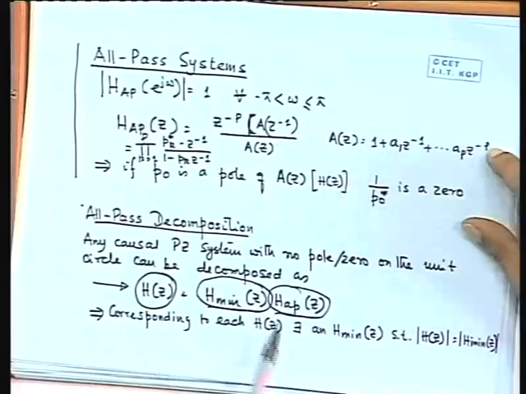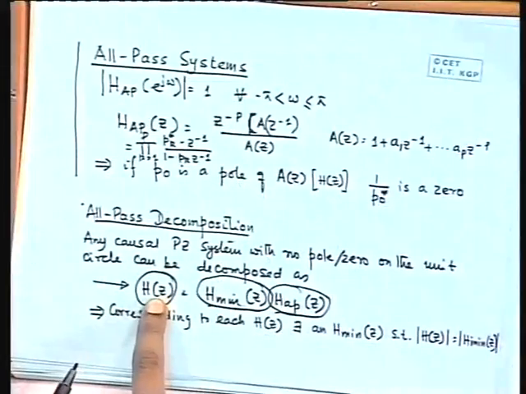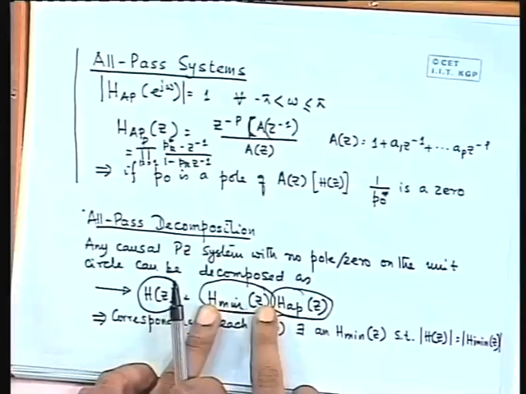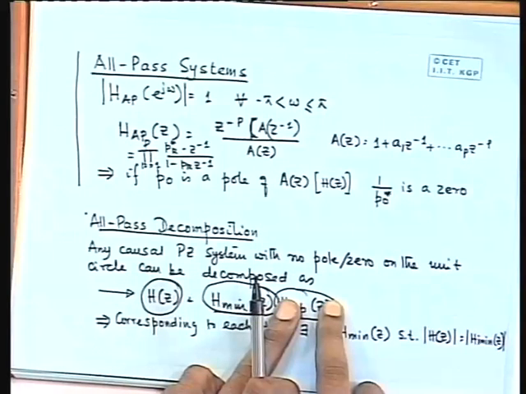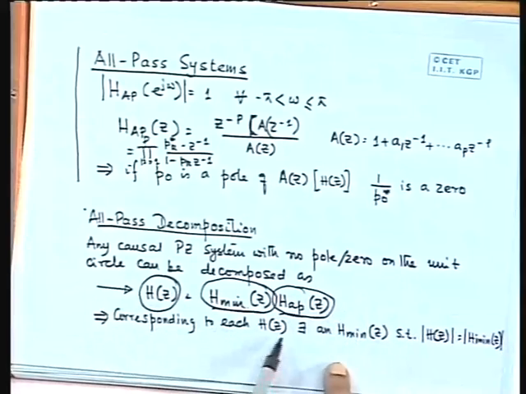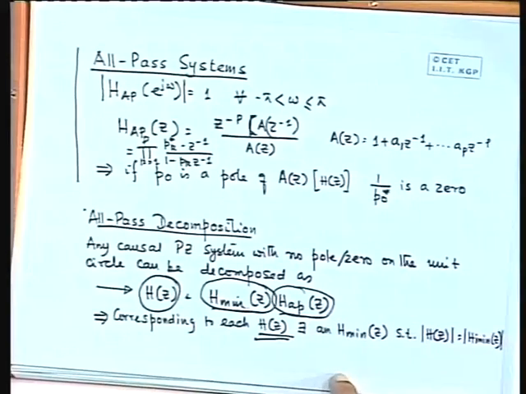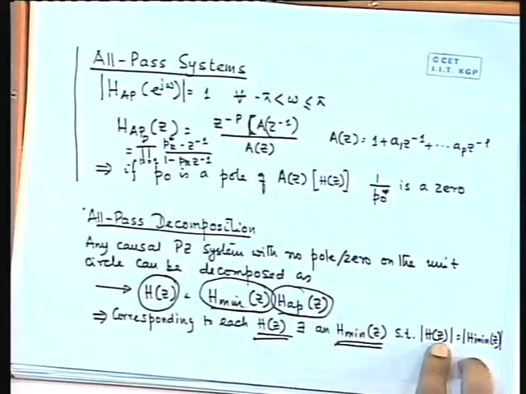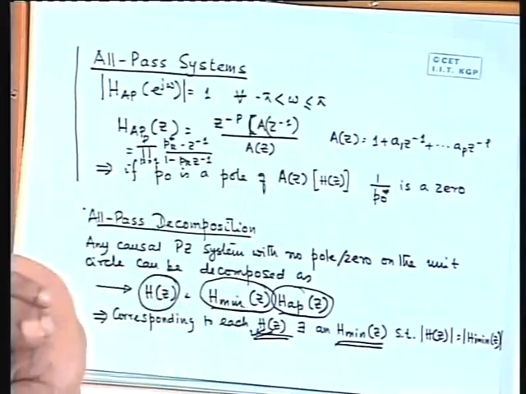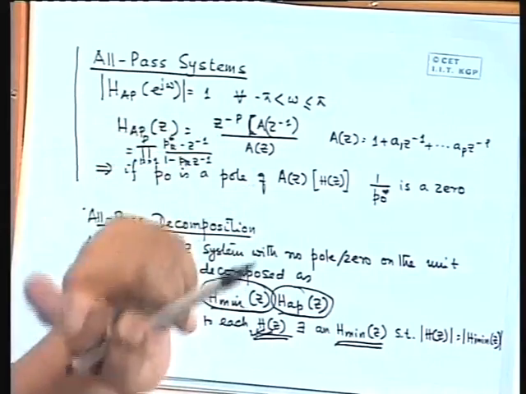This is so. Now why am I mentioning this result to you? Because this says now what is going to be the magnitude of H(z)? It is going to be the magnitude of this into the magnitude of this. This is a complex quantity, this is a complex quantity. So if C is equal to AB and A, B, C are complex, then mod C equal to mod A into mod B, right? So which means that corresponding to every H(z), there is always a minimum phase system whose amplitude response is the same as H(z), but whose phase response will be different. But magnitude response will match.